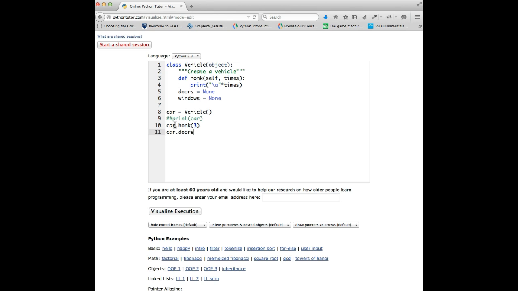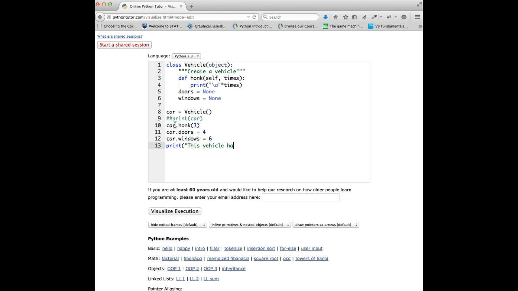So we've got doors. So car.doors, that's the dot notation. So we're hooking them together using the period. And we'll say there's 4 doors, and car.windows, let's see, that would be windshield, 4 doors, and a back windshield, a back window. So that's 6. So if we say print,